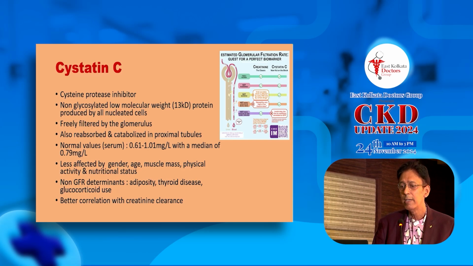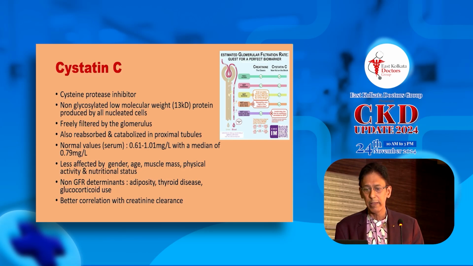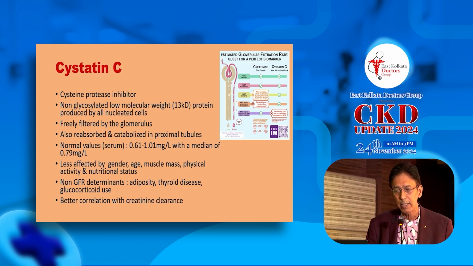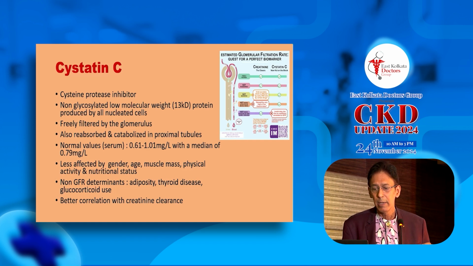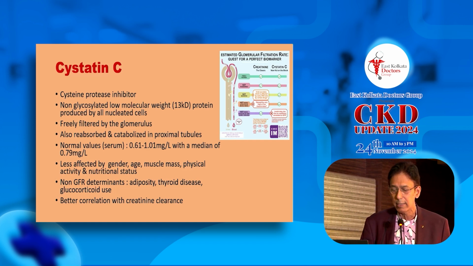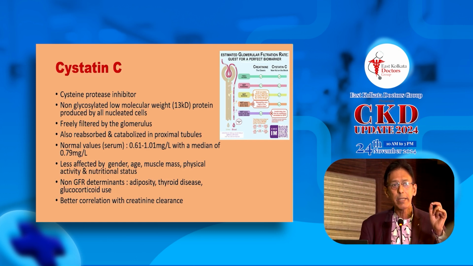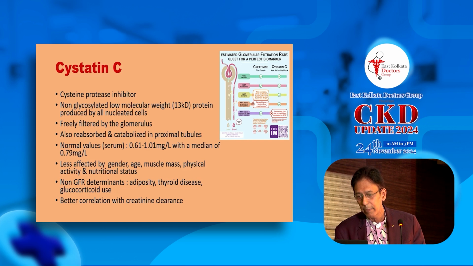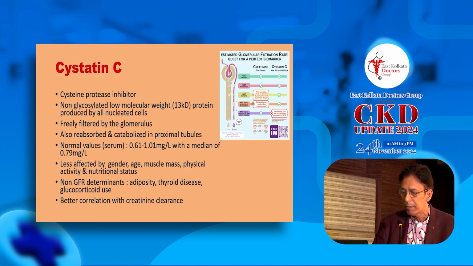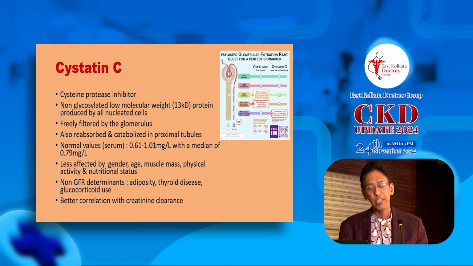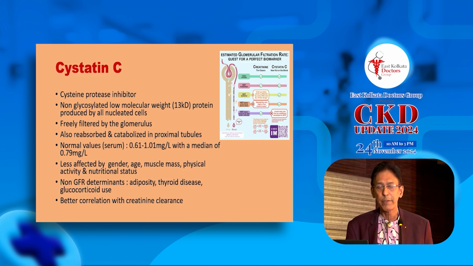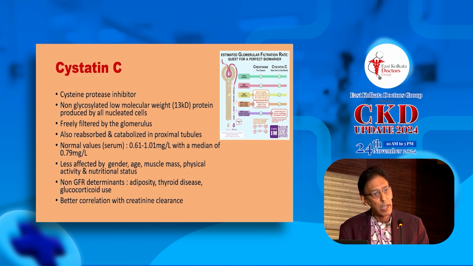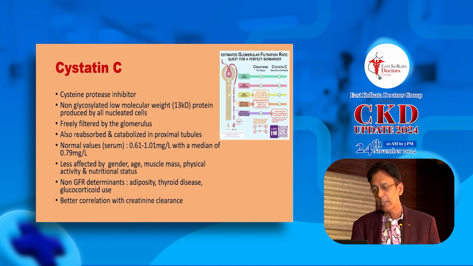As Dr. Shomit was pointing out, cystatin C is truly a new kid on the block. It is a cysteine protease inhibitor. It is a 13 kilodalton protein produced ubiquitously by all nucleated cells, freely filtered by the glomerulus, but to some extent also absorbed and catabolized in the proximal tubules, though not added by tubular secretion. It is claimed to be less affected by gender, age, muscle mass, physical activity, and nutritional status as compared to serum creatinine, but there are non-GFR determinants of cystatin C like adiposity, dysthyroidism, and glucocorticoid use,